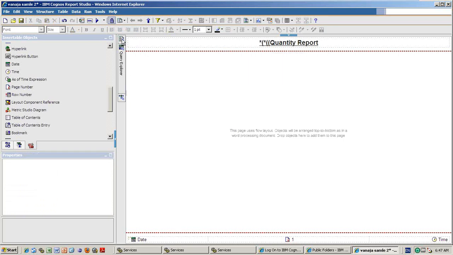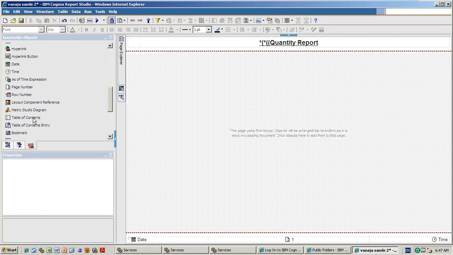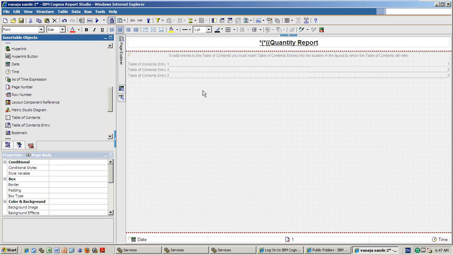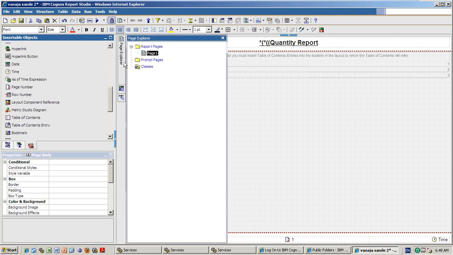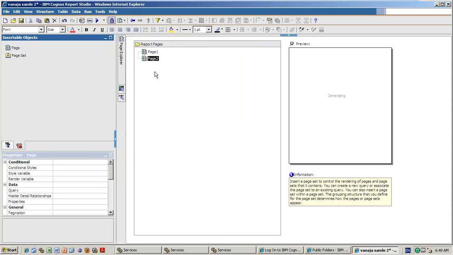So in the first page, you drag table of contents. Once you drag the table of contents, then you simply leave it. Then go and create the second page. Manage report pages, one more page, and one more page also you create. In the second page,